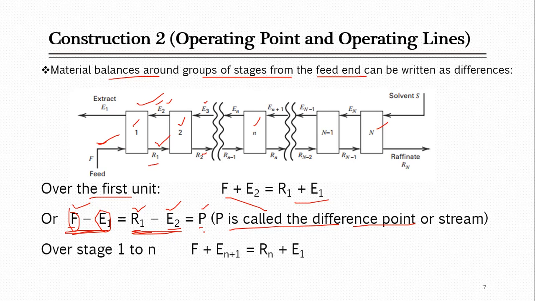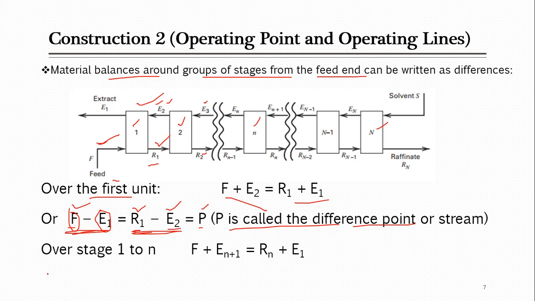Overall, this balance was on an individual stage, which I have shown to you on either one unit or only the next second unit. But suppose you have to write this balance on more than one unit, say stage 1 to n, or for example stage 1 to 2. You can write the balance overall, considering these two stages, so you will draw the boundary around this, that this is the complete system, and overall you write which streams are entering and which are leaving, then the in-between streams will be ignored.